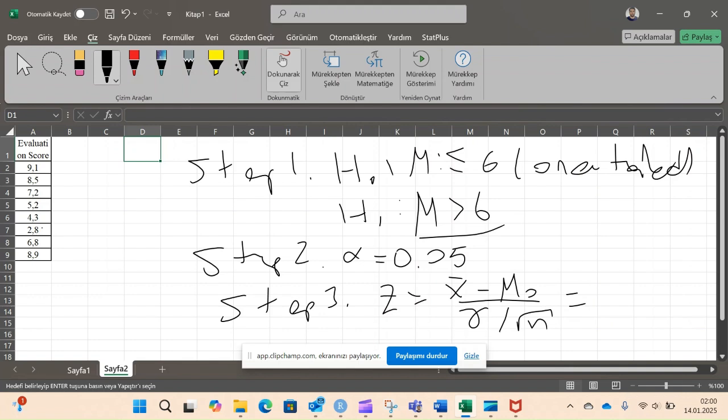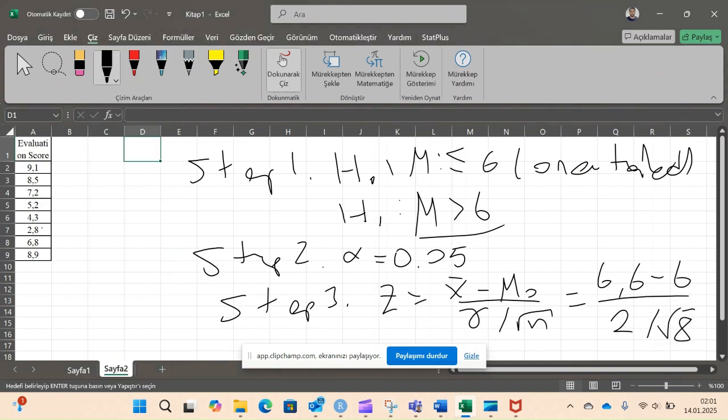So here the sample mean is 6.6 and mu 0 is 6, because we compare 6.6 to 6, divided by the population standard deviation, which is 2, divided by the square root of n,